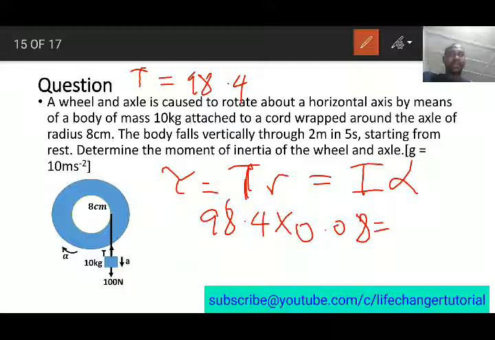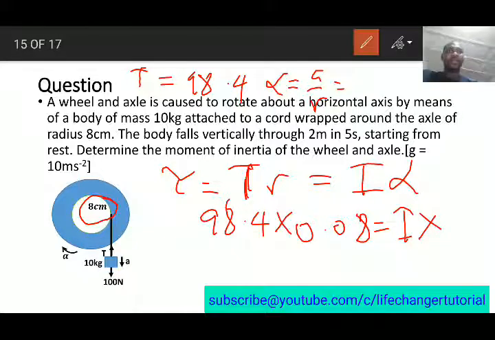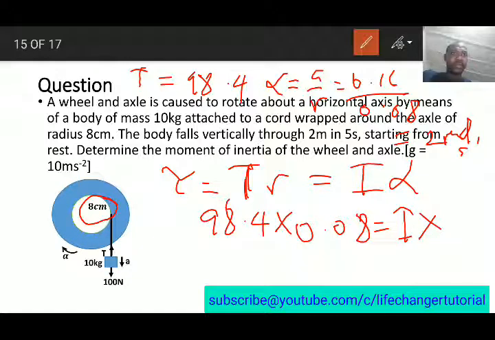Which is going to be equal to the moment of inertia, what we are looking for, times the angular acceleration, which we got to be 0.02. But I just remembered that we didn't convert this while finding the angular acceleration, so we can do that again. Remember, angular acceleration is equal to the linear acceleration all over the radius. We got the linear acceleration to be 0.16, and the radius is 0.08, converting to meters. That gives us 2 radians per second squared. So please correct that. And so this is I times 2.